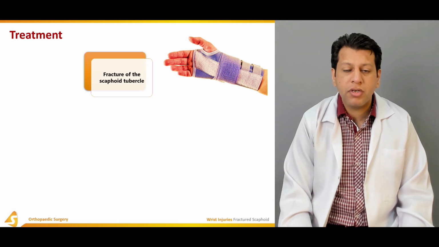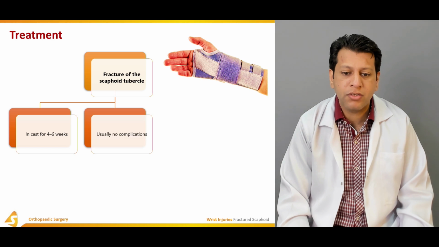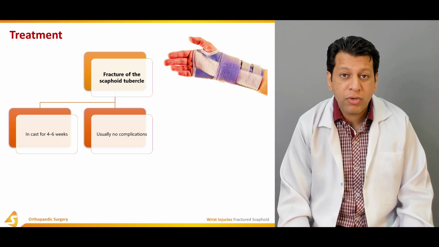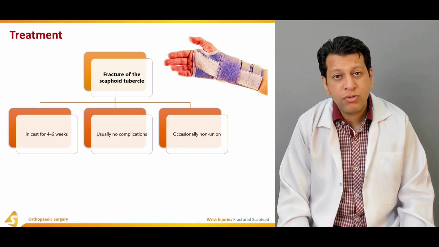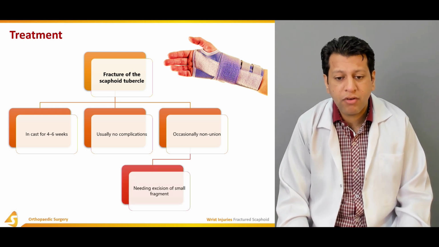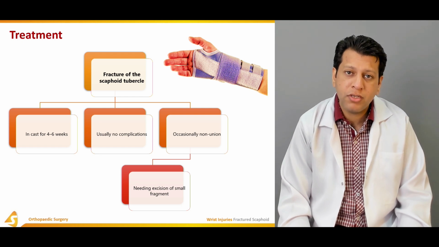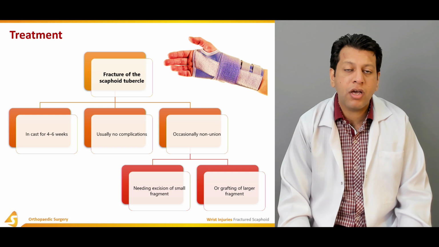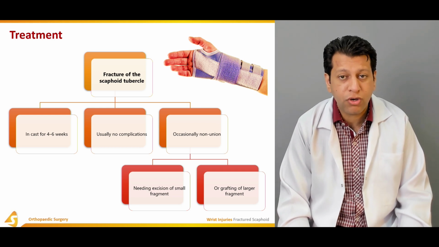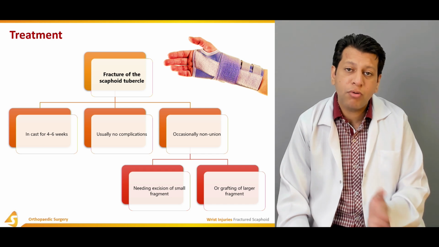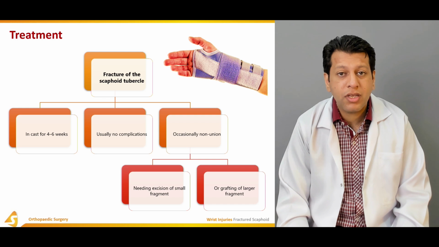So what is the treatment? Acute fractures are always treated in a cast for 4 to 6 weeks, usually without any complications. But if they're displaced or there is a non-union, then we have to go for some other kind of intervention. If there is a proximal pole, a very small piece, that can be excised. But if it's a large piece, we may need to graft as well, because otherwise the union will not occur. And that probably requires an open reduction and internal fixation with screw fixation as well as bone